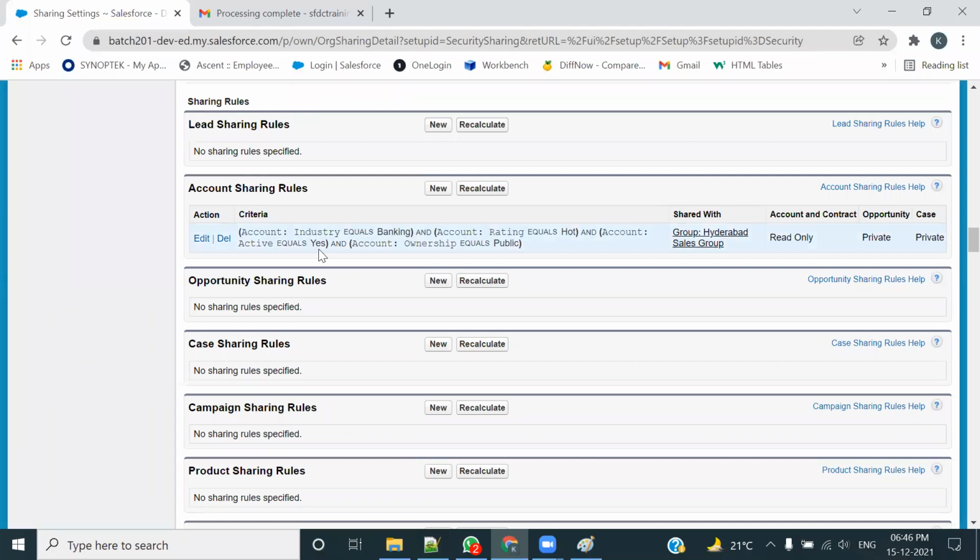यहाँ पे क्या क्राइटेरिया है? अकाउंट रिकॉर्ड को अकाउंट की इंडस्ट्री बैंकिंग होनी चाहिए, एंड सेकंड कंडीशन अकाउंट की रेटिंग इक्वल्स टू हॉट होनी चाहिए, एंड थर्ड कंडीशन अकाउंट का एक्टिव स्टेटस, एंड अकाउंट की ओनरशिप। ये सारी कंडीशन अगर सेटिस्फाई होती है तो ये रिकॉर्ड किसको शेयर हो जाएगा ऑटोमेटिकली? हैदराबाद सेल्स ग्रुप को। कौन सी एक्सेस के साथ? रीड ओनली एक्सेस के साथ।